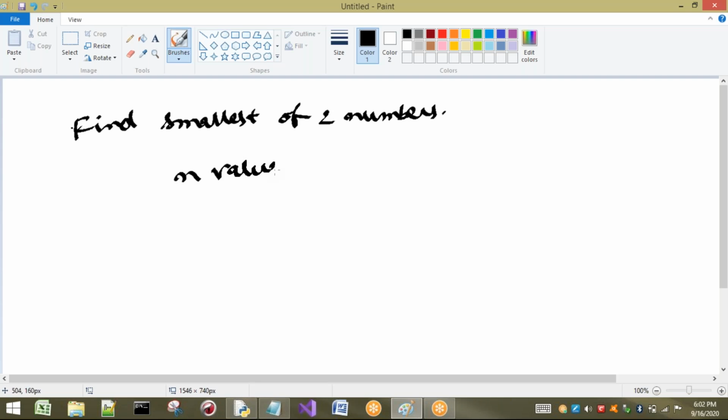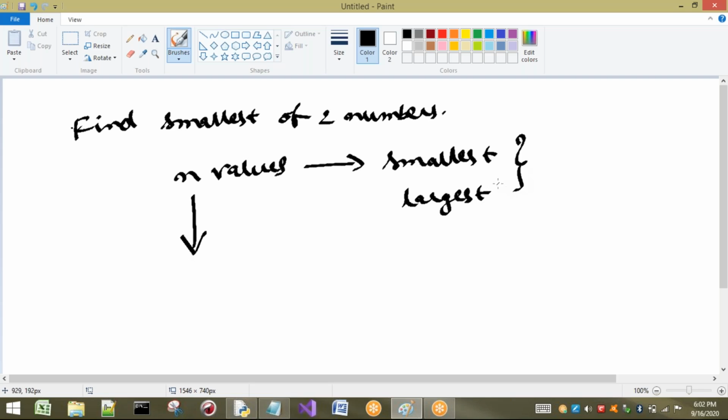If I want to take n values and find the smallest, or find the largest of the given n numbers, I'm going to write a program to do that by using the for loop. Okay, this is the program I'm going to write.